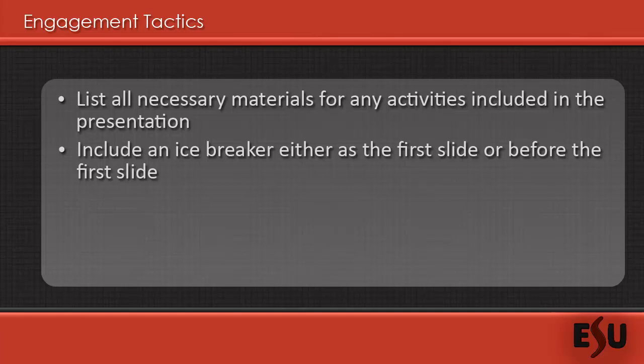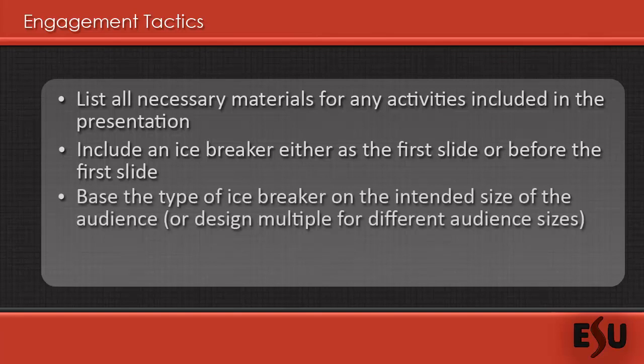One popular icebreaker tactic involves having all the audience members write an interesting fact about themselves on a piece of paper without writing their name. We collect the papers and read a few out loud. Audience members then try to guess whose fact we're reading. For larger audiences, this may not work. Instead, you can do something as simple as asking audience members a question about a general term or concept included